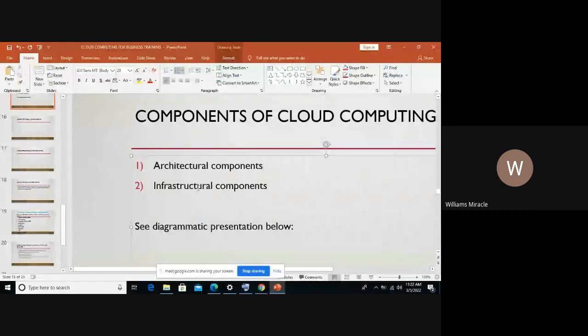Infrastructural component consists of servers, storage, and network. I repeat, it takes care of the server, the storage, and the network, and also the management and deployment of the software, and also the platform. So the platform you're using, the storage, the network connection, all this falls under cloud infrastructure. Is everyone with me?